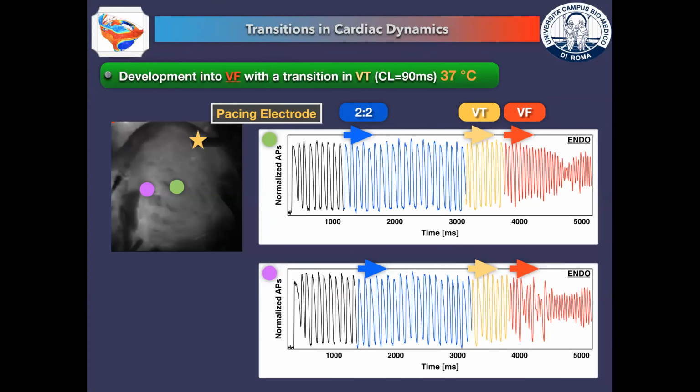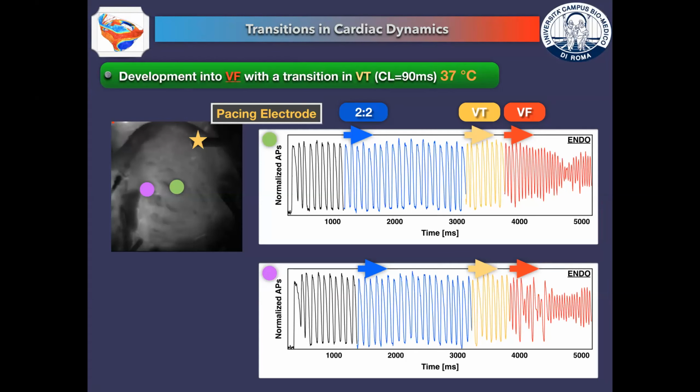In this slide, you can see some representative recordings extracted from 2 points on the endocardium surface, showing transition from normal rhythm up to cycle 2 alternans. So in this case, the action potential duration repeats every 2 cycles, up to ventricular fibrillation. And there is also shown a small range with ventricular tachycardia.